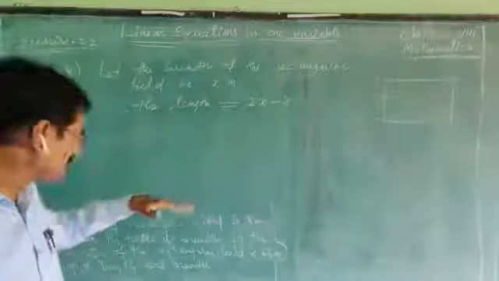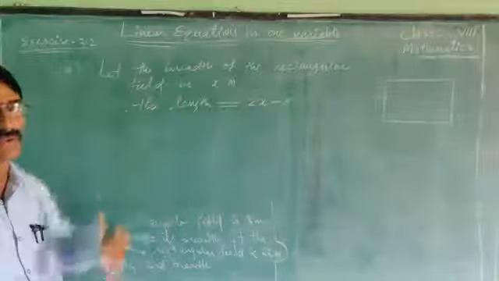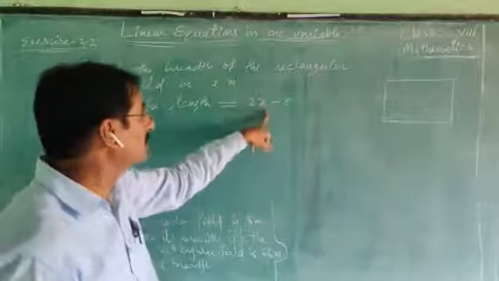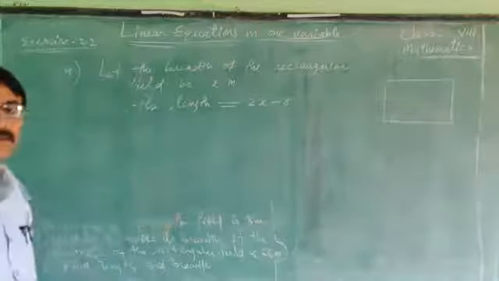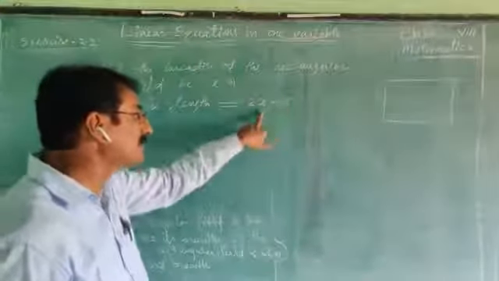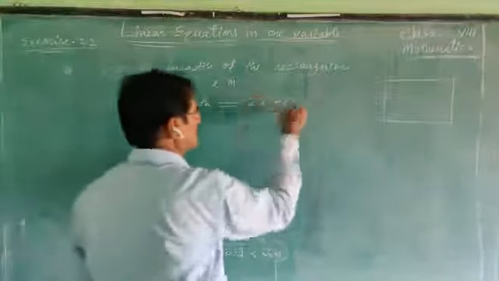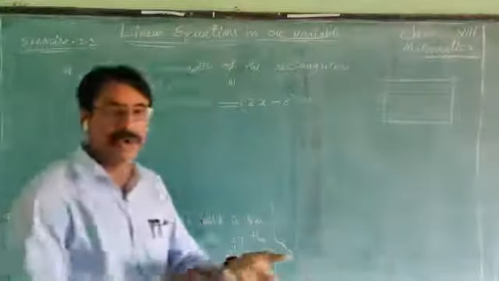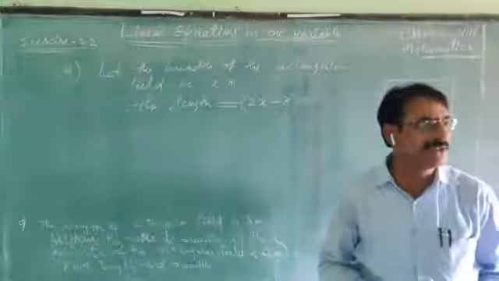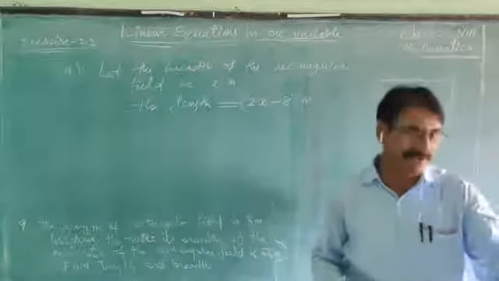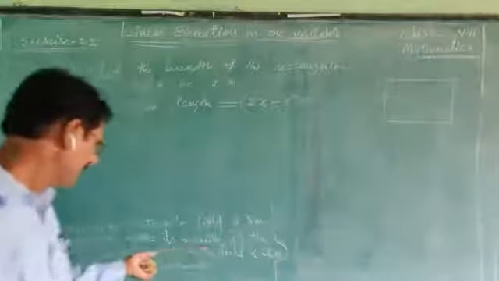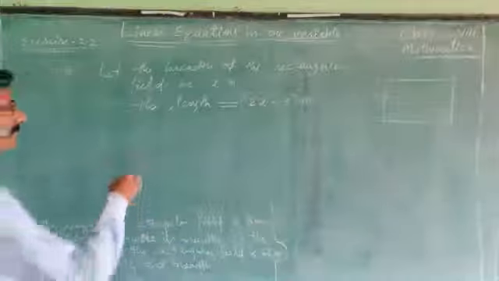How to write, you observe. As per this relation, we got this: 8 less than twice its breadth. What is there? There is the length. The length is 8 less than twice its breadth, meters. Okay. We know both length and breadth. With the help of the length and breadth, we can find either perimeter or area. Here the perimeter of the field is given.